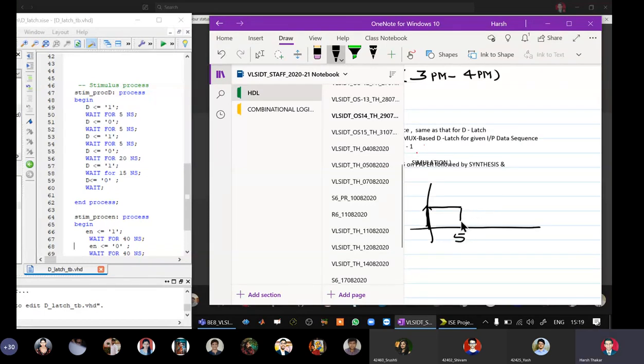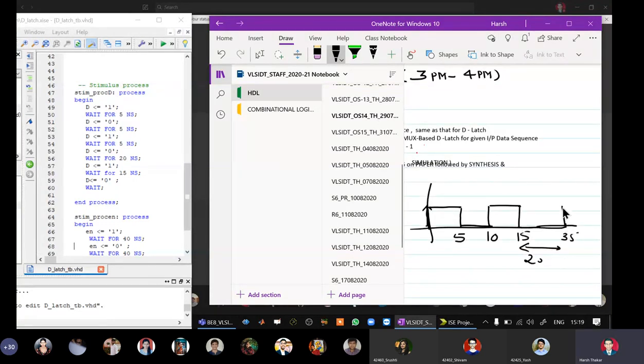Then D gets 0. Wait for 5 nanoseconds. D gets 1. Wait for 5 nanoseconds to reach 15. And then D gets 0. Wait for 20 nanoseconds. So from 15 to 35, 20 nanoseconds, it remains 0.